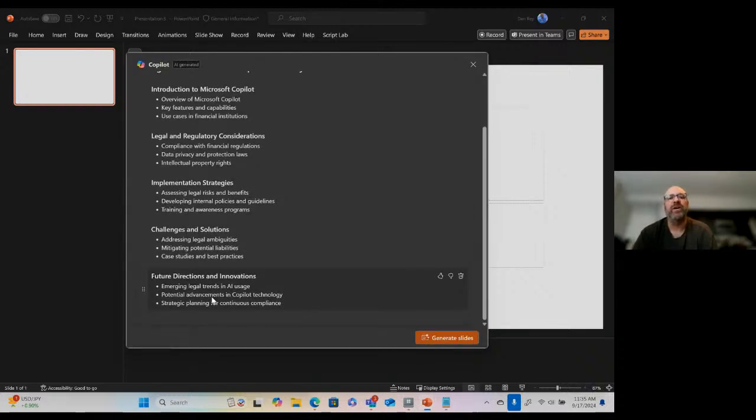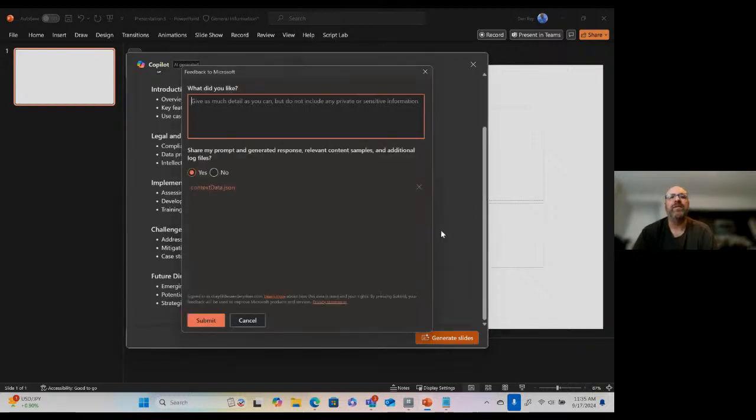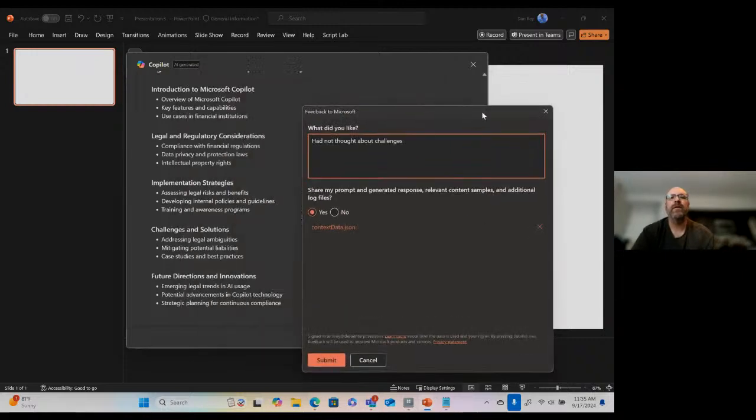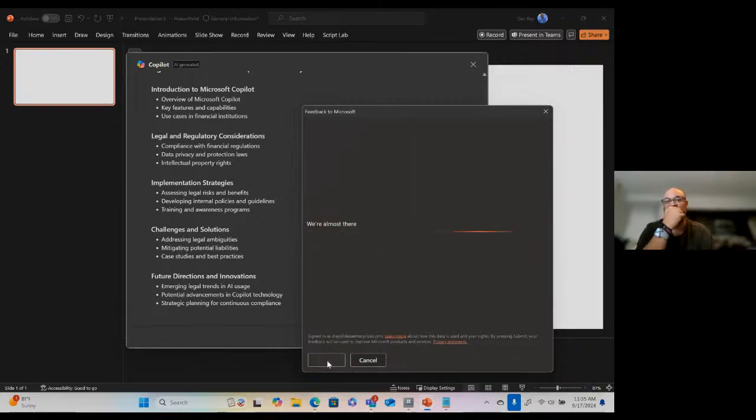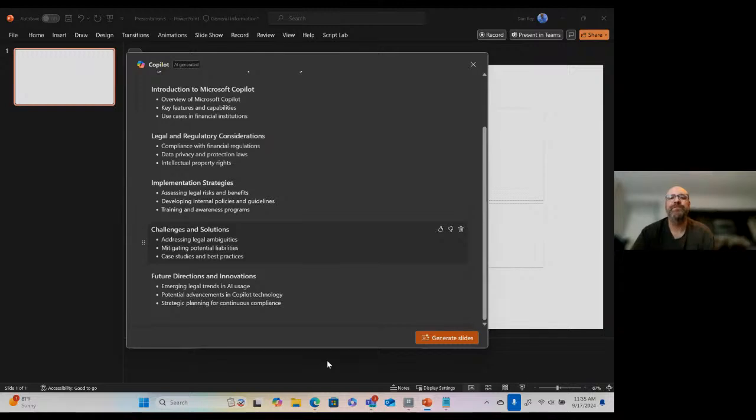If I'm happy with all of this, I can let Copilot know and like the information, and had not thought about challenges facing the legal industry. And then I can say I want to share my prompt, and off that goes to Microsoft.